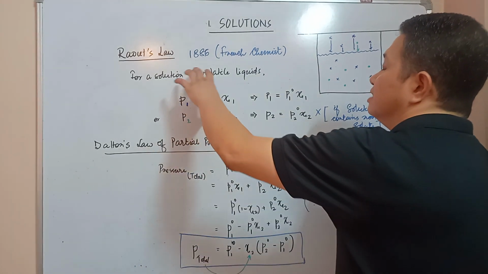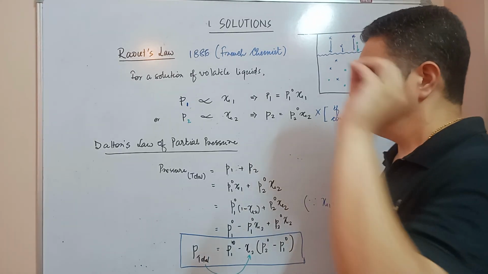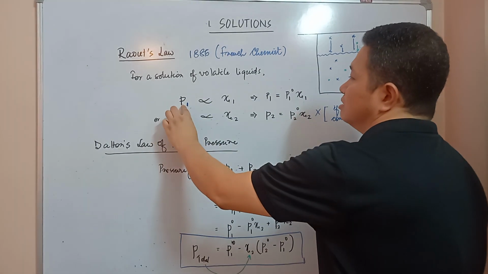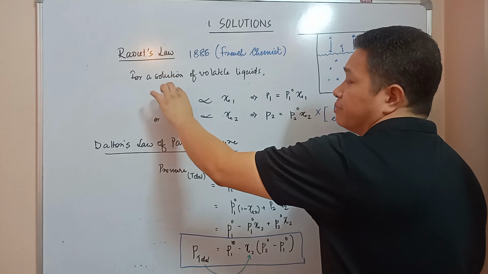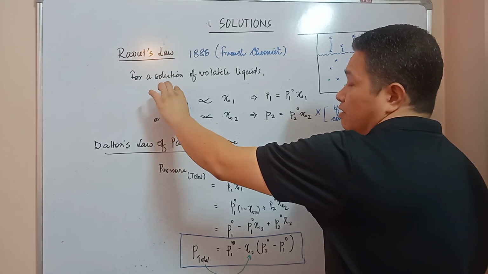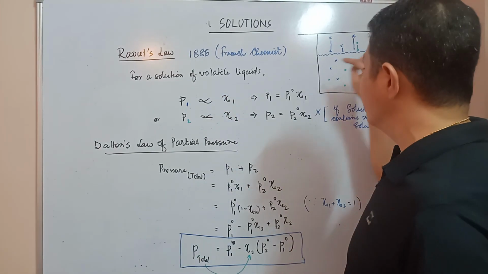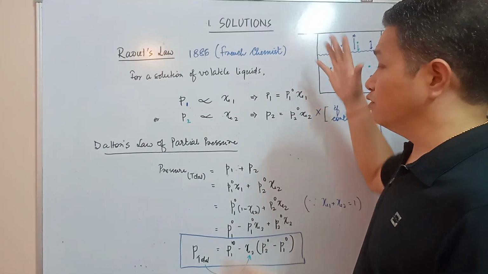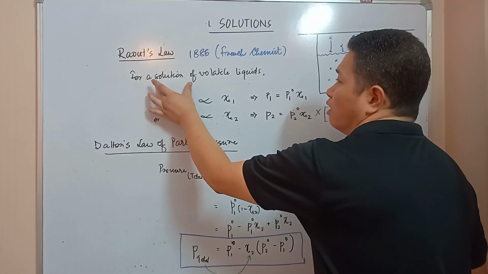And we will say that if there is a solution containing a non-volatile solute, the vapor pressure of the solution, there is no need to say partial vapor pressure, because only one part will be giving the vapor pressure. So we'll say the vapor pressure of the solution